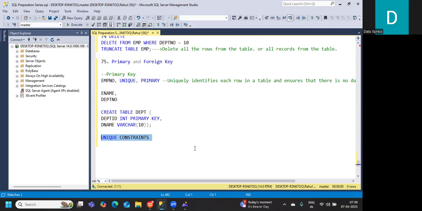So how can we ensure this? Again, while creating only, we will specify create table, maybe again department. Department ID, I'll give integer, primary key we will specify, and department name we are giving varchar. And suppose we have another column called